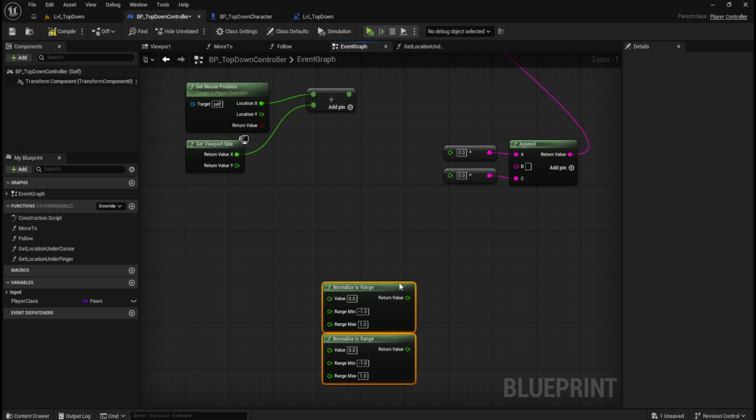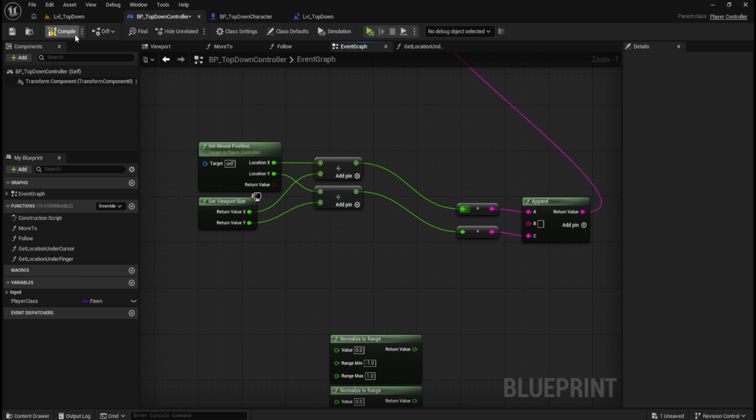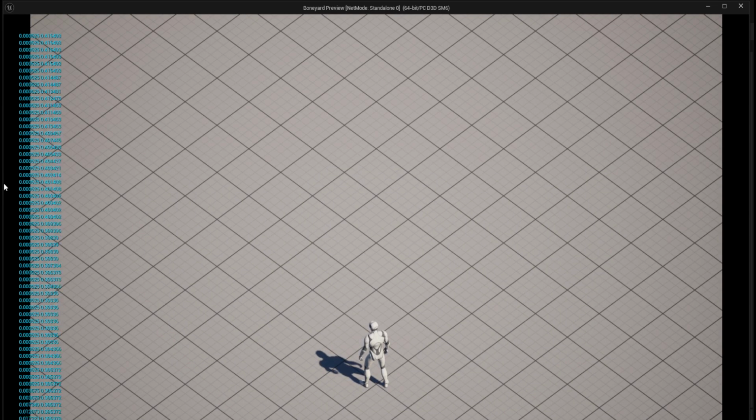We'll move this down here and straighten that up because that's annoying, and then plug the y into that divided by that. Okay,